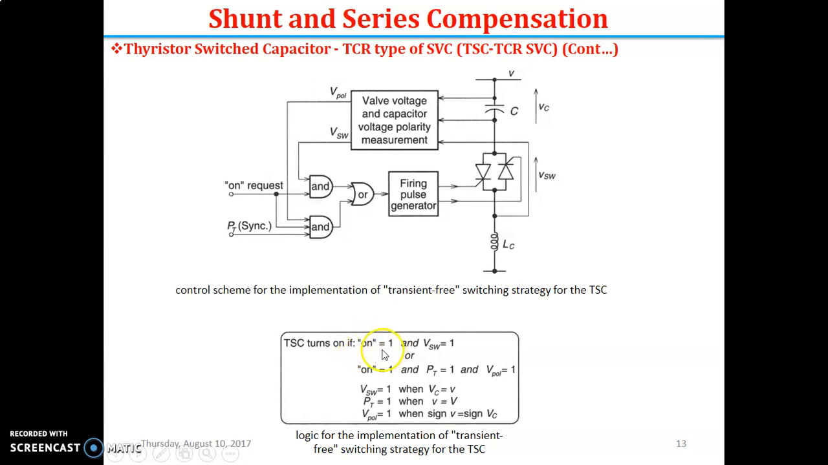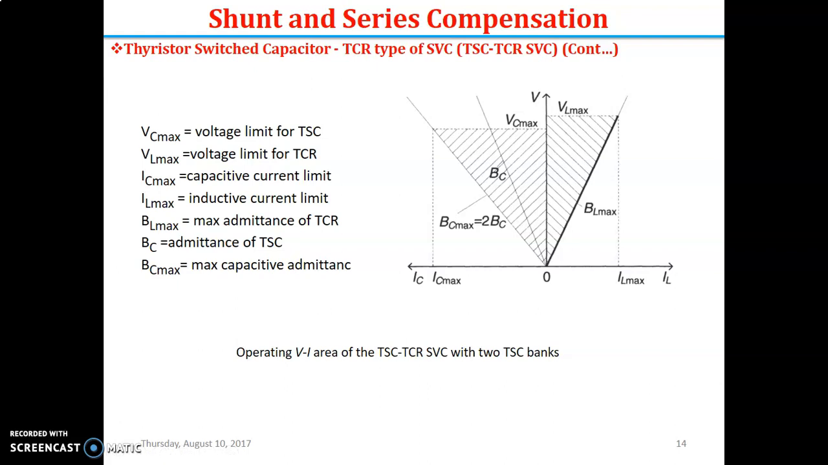TSC branch. Now we will see the operating VI characteristics of the TSC TCR type of